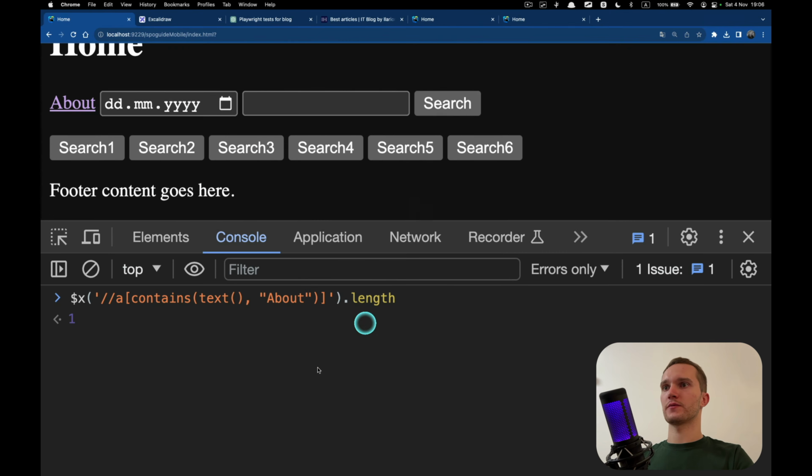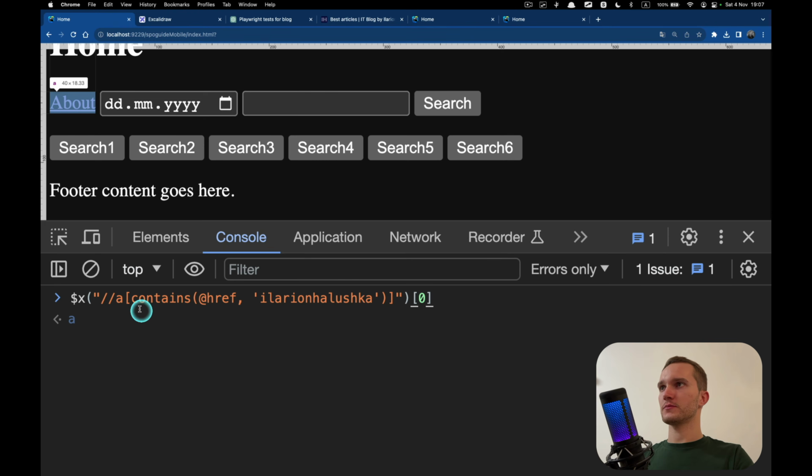Okay, what else do we have? We can do the same for, come on, I told you I hate these quotes. We can do the same for the href, for any attribute. Href, we are saying find a link that contains href. Href stands for a link also.